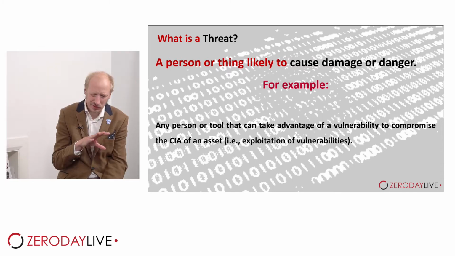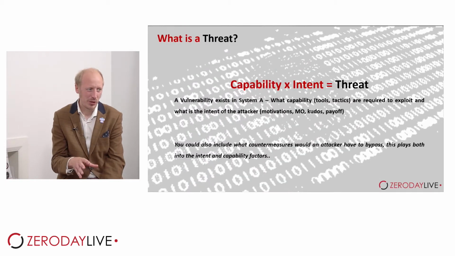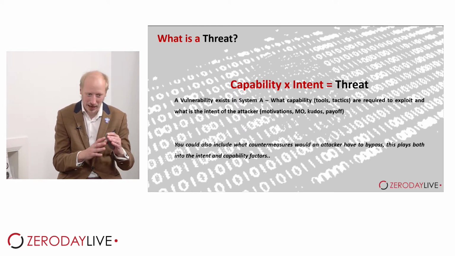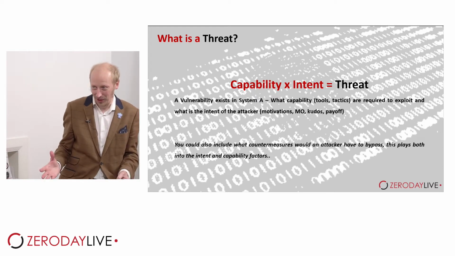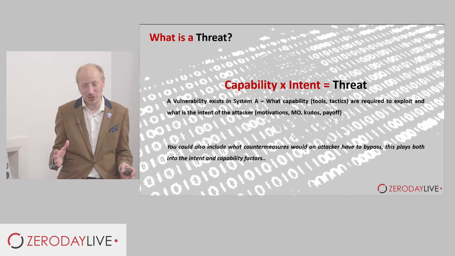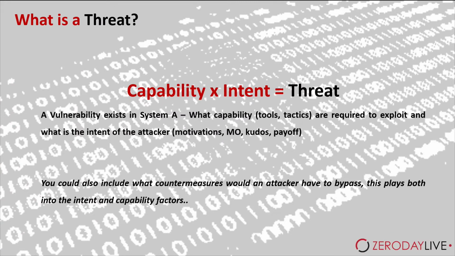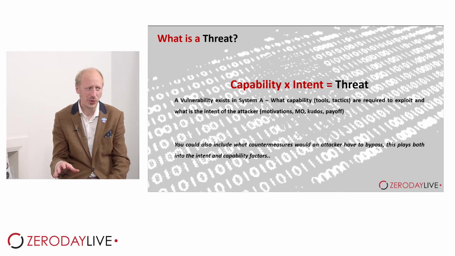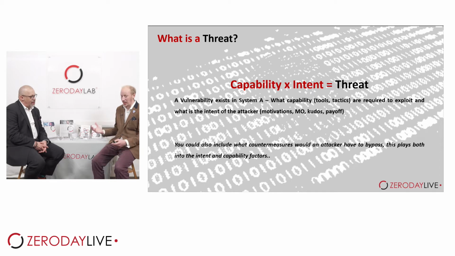So, i.e., the exploitation of a vulnerability, the ability to exploit that vulnerability. But in more definite terms, this is the kind of thing that we're going to be talking about today. And this is a really good topic to start on because we can actually do a whole talk just on capability times 10, because there's so many different dimensions to this. And luckily for everyone today, we're not going to do the whole talk just on this slide, but it's a very good starting point for us to have a discussion because we were talking about this literally just before we kicked this session off today about, what is capability and what is intent and how do those factors play in threat intelligence. And in this kind of example, we're talking about a vulnerability existing in a system.